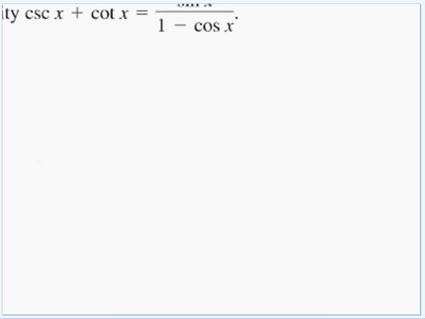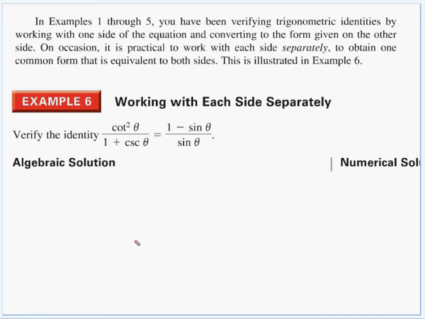Is there another example? Yes, there is. Now, we always work with one side to get it to match the other. Sometimes you can work on the left side a little bit and then maybe take a break and move over to the right side and work on that one as long as you keep them separate. And the book says, in the first 5 examples, you've been verifying trig identities by working with one side of the equation, converting to the form given on the other side. On occasion, it's practical to work with each side separately to obtain one common form that is equivalent to both sides, as we are about to see